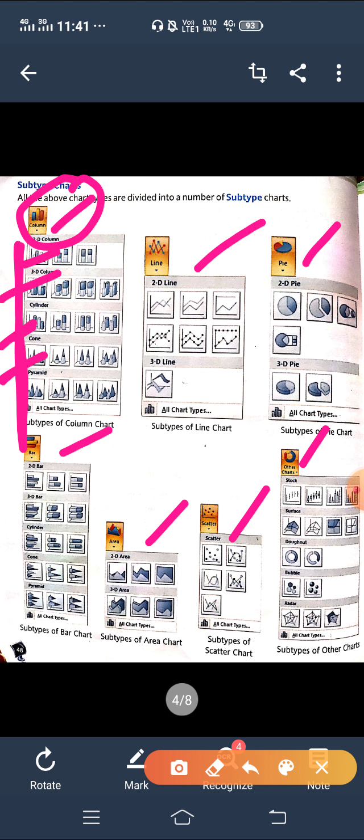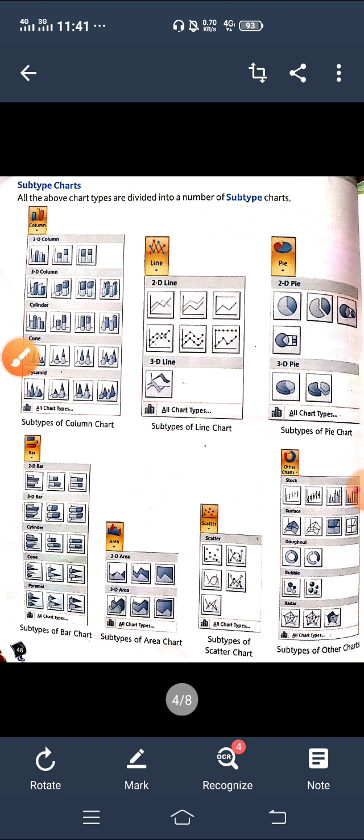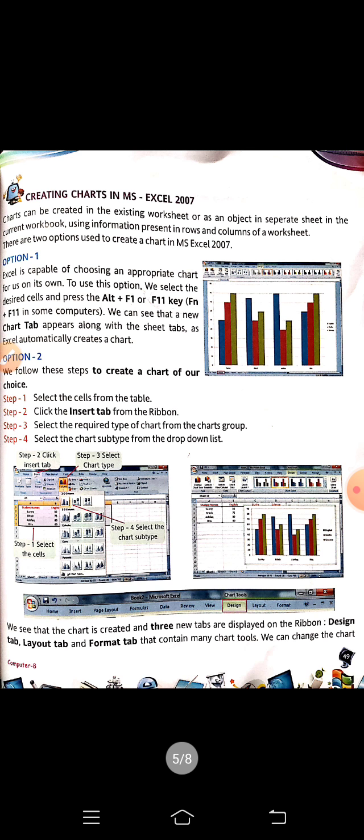Same is with line, you want to create a dotted line, or you want a 3D line. In pie also you can see, 3D pie you want, 2D pie you want, in which style you want to create that particular chart. All these types, or subtypes, are mentioned in the subtypes. Then next one is creating charts, that we'll do on the next